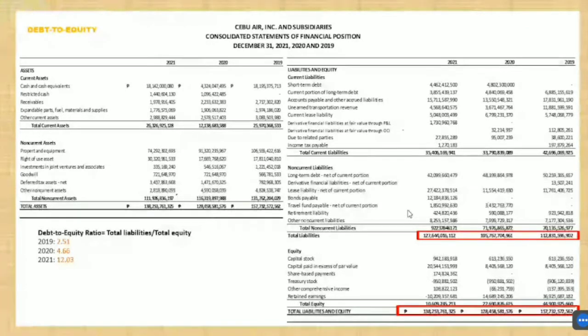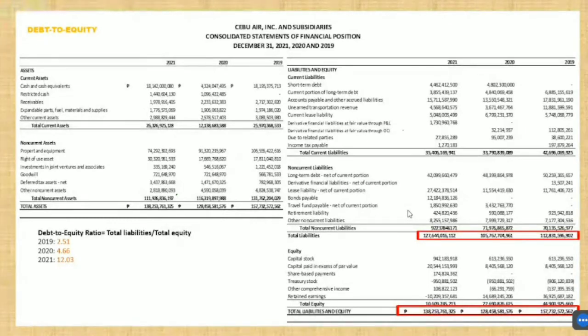So as we know, with high risk comes greater returns. So some investors will like this, but some will not. It depends really. So next is the long-term debt to capitalization ratio,